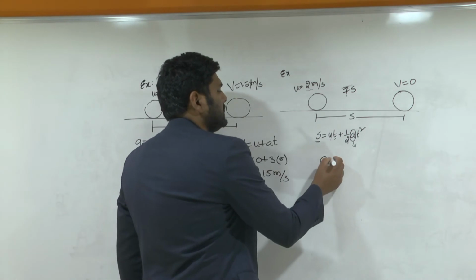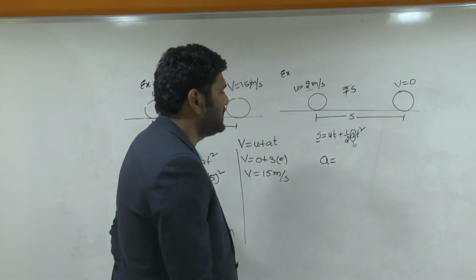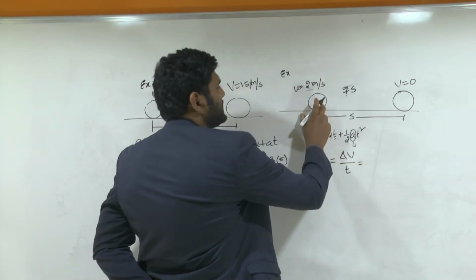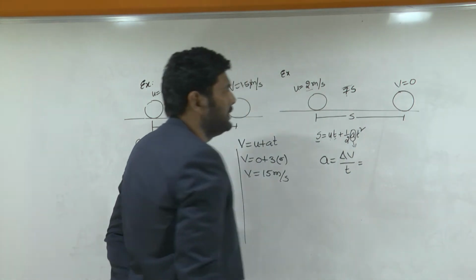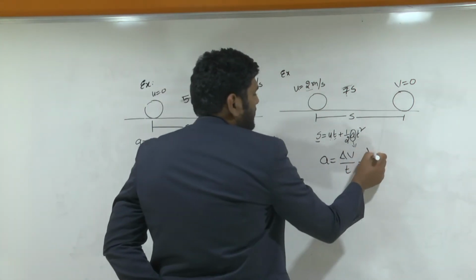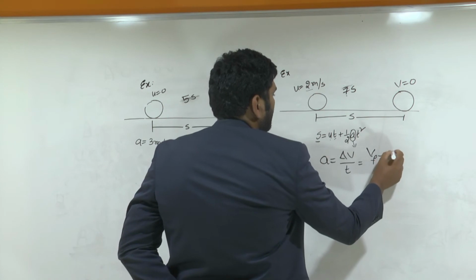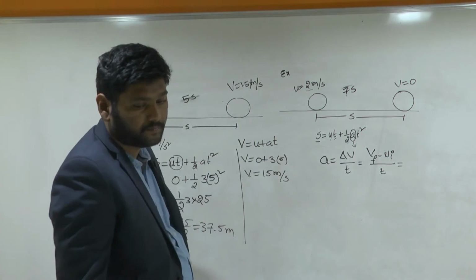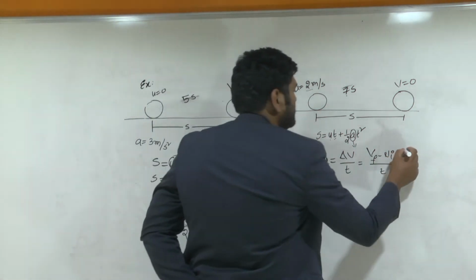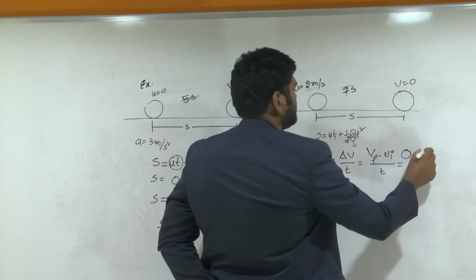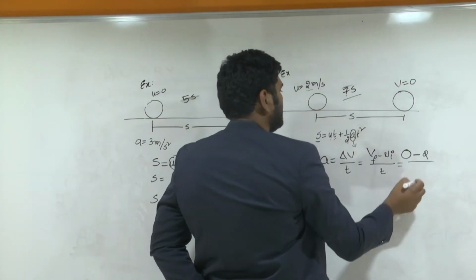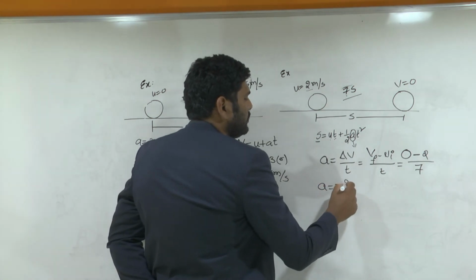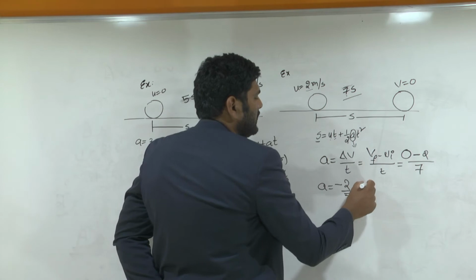So find out first of all acceleration. What is meant by acceleration? Acceleration is nothing but change in velocity by time taken. What is the change happened here? Velocity. Change in velocity means final velocity minus initial velocity, divided by time taken. What is the final velocity of the object? 0. Very good. 0 minus initial velocity 2. This total thing happened in 7 seconds. So finally, this is 2 by 7 meter per second square.